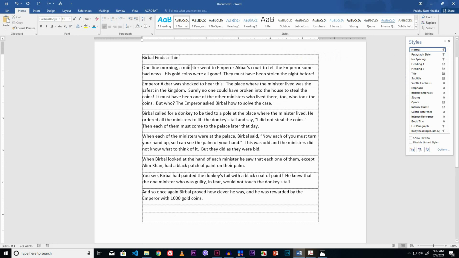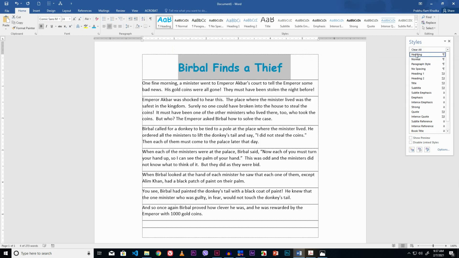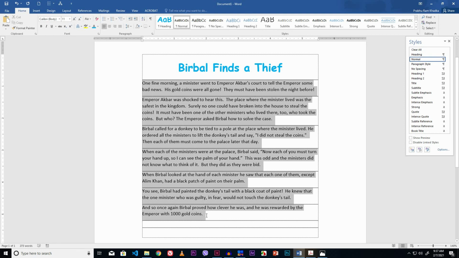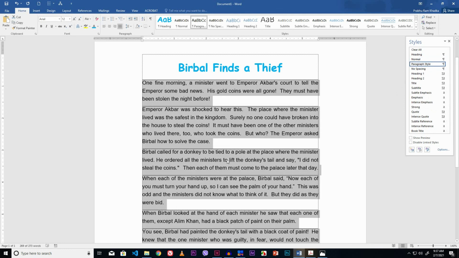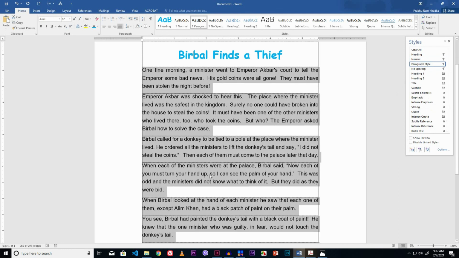I like to apply it to the heading. Select the heading. Now click the heading style. Now look here, the heading is formatted. Apply the paragraph style. Select all the paragraphs and click the paragraph style from the styles panel. Now look here, the paragraph is also formatted.